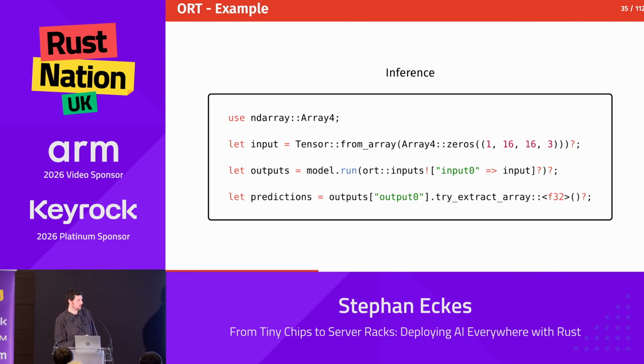And you can generate an ORT tensor out of it, and then just do model run with named inputs even. So you can find out the input names in the model graph, analyzing it with, how was it called, Netron, the app. And then you get the output. So it's as easy as this, and you can run the full inference.